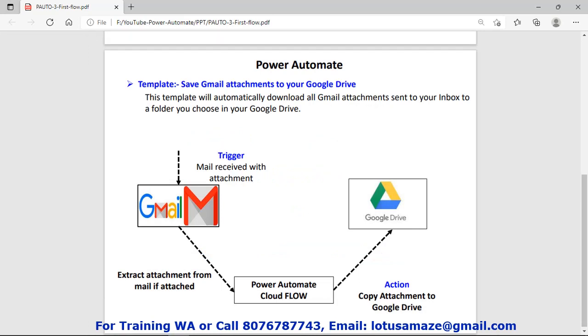So first of all, we'll check "Save Gmail attachment to your Google Drive". This is the predefined template, and we will check this one. So we can check the function of this template. We have a Gmail account and a Google Drive. In the Gmail account, whenever a mail is arriving on this account and we have a cloud flow, the cloud flow is monitoring